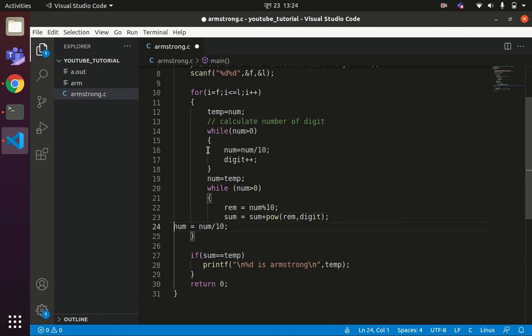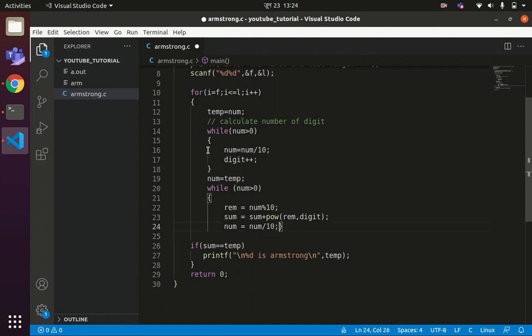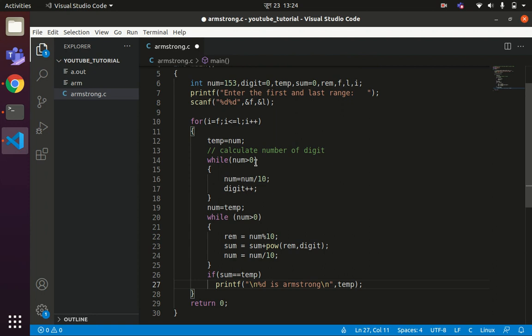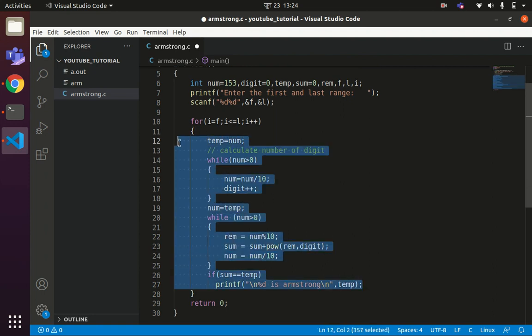If your code is working perfectly fine but you have not maintained the readability, then it is of no use. Now all these statements belong to this for loop.